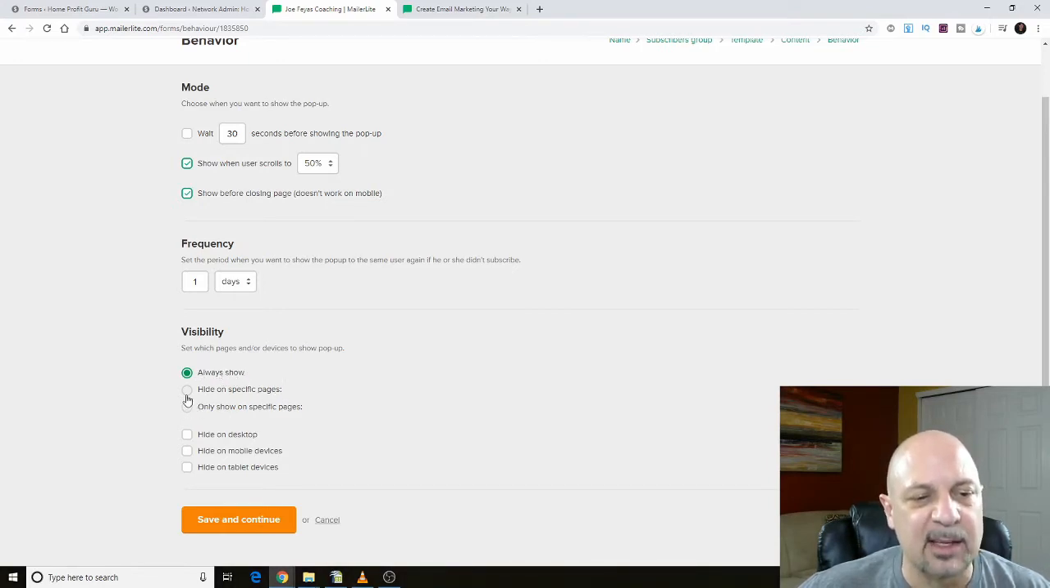But you can hide it from specific pages or only show it on specific pages. And this would be good. These two choices would be good if you had multiple pop-ups and you want one pop-up for a certain page and a different pop-up for another page. So you could do that with your pop-up. And then these obviously hide it from these various devices, desktop, mobile, tablet. So once we save and continue,